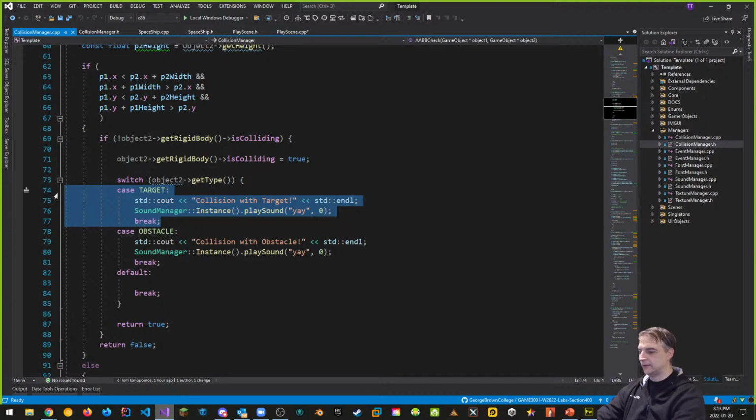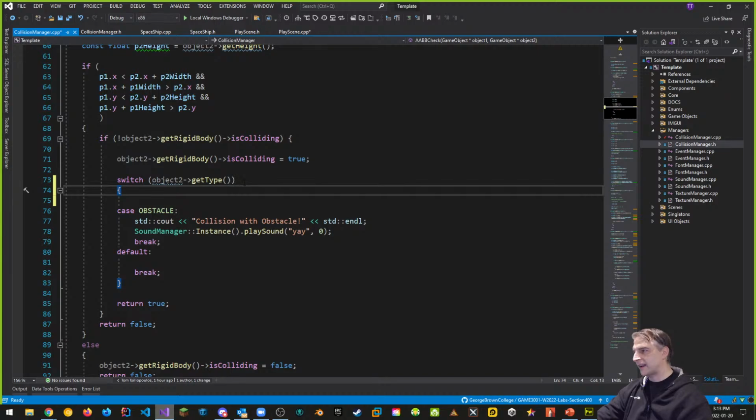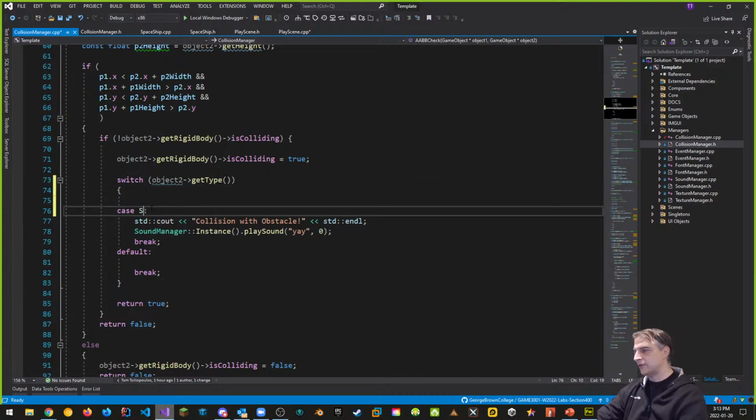We're using a switch case, and the switch case is switching on the second object. So for object 2, we're saying, hey, get that type. Remember we talked about the type as being, for example, the spaceship or the target or whatever. We can check that type. And in case that type is a spaceship,